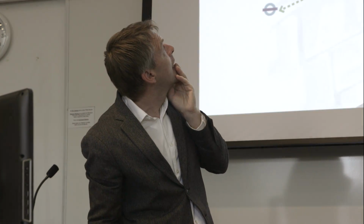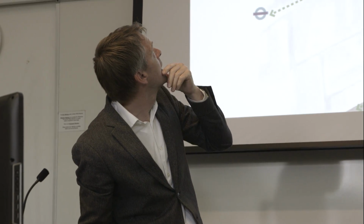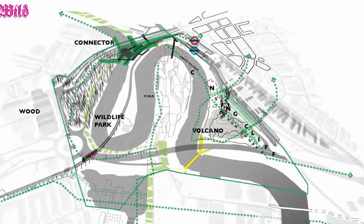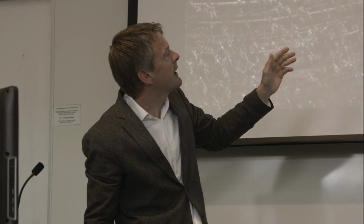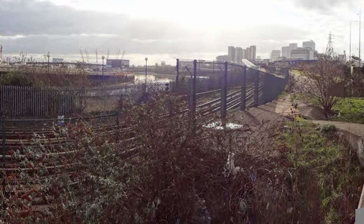But really quite problematic, actually, if you live in some of these areas. Just getting to work is quite a challenge. But there are some extraordinary qualities. So this area, which we've called the Exotic Wild, is this amazing clearing within the city between these major pieces of infrastructure. So current projects here, for instance, are about mopping up these leftover unloved spaces